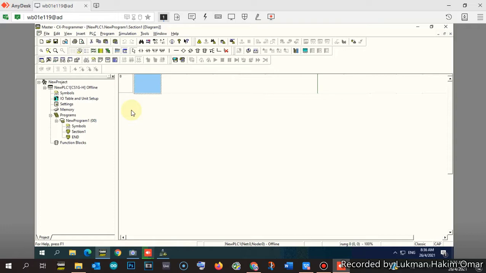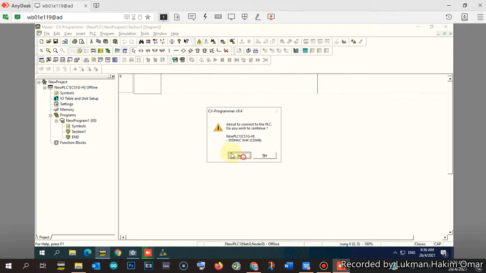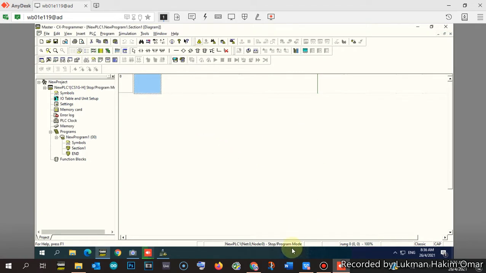But now our problem is we have two different models: one is the compact and another one is the modular. Okay, that is not a problem. So we will configure the data link. So how to configure the data link? Bring your master PLC online back, and make sure it is in the program mode.